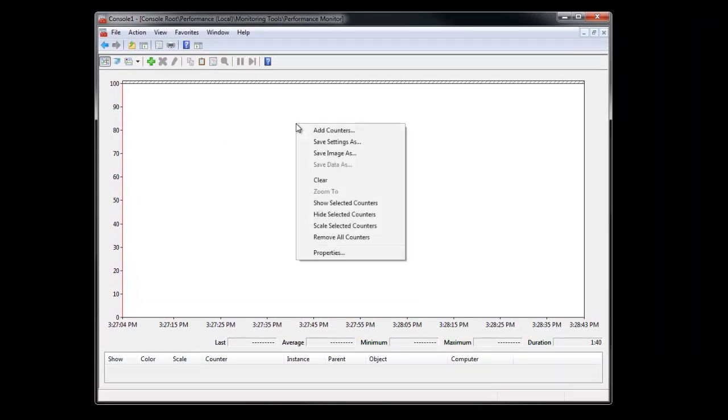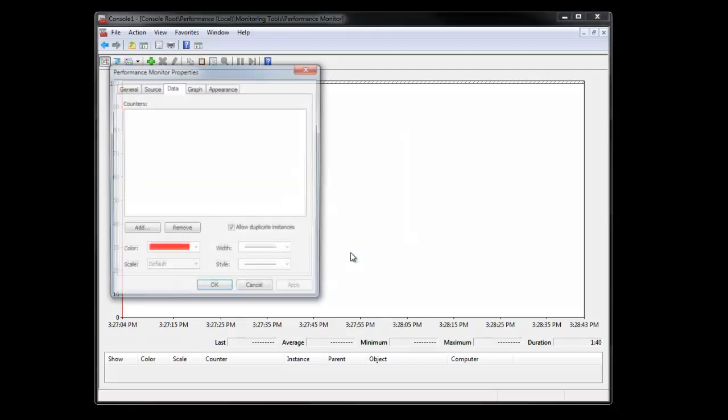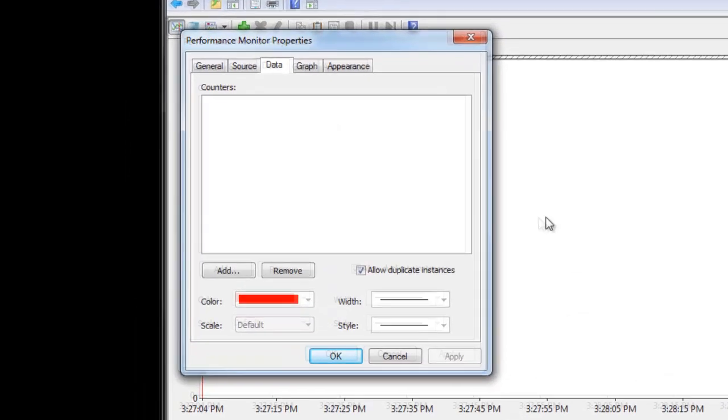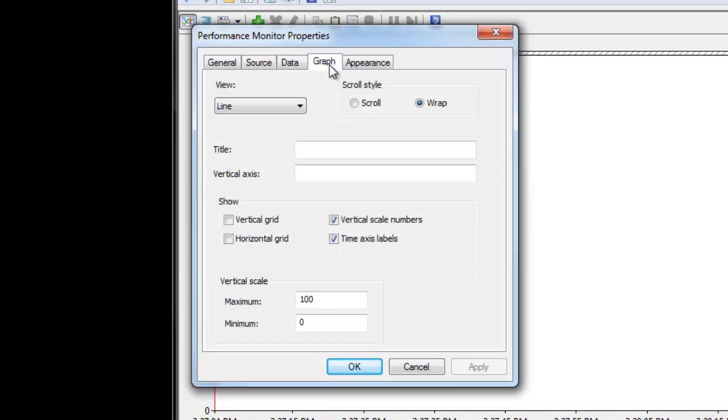Now let's clean up the look of this just to make it easier to read. Right click on the background, go to Properties, Graph. We're going to add in the horizontal grid. For the vertical scale, we're going to change this to 200, because we're going to be working with a gig connection, and this is going to be in megabytes.